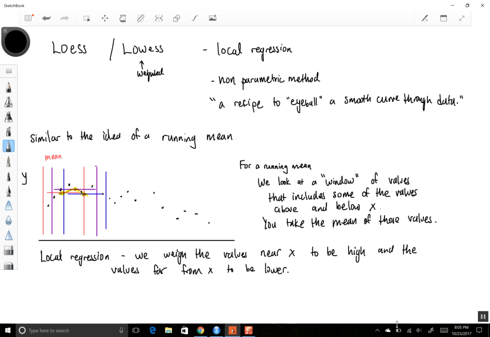Okay, and then rather than just averaging them, we would fit a weighted least squares model for that window of data. Okay, so rather than just averaging,